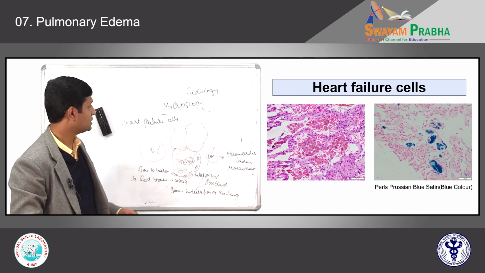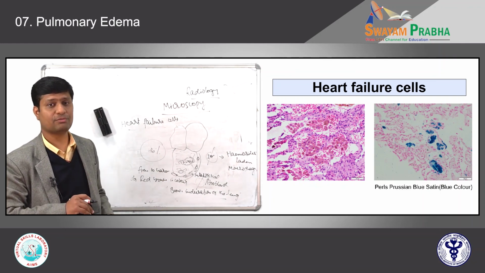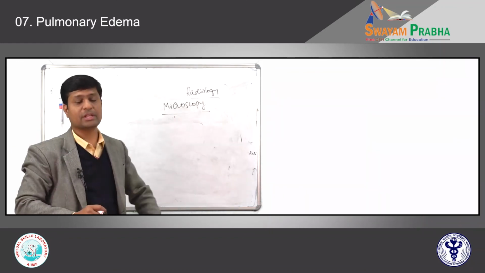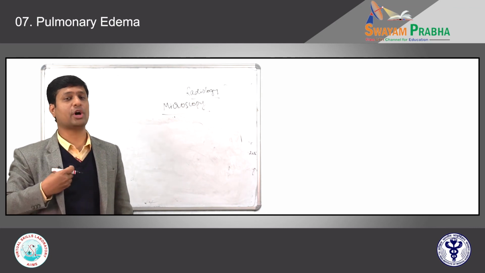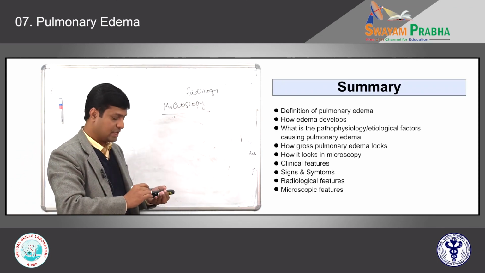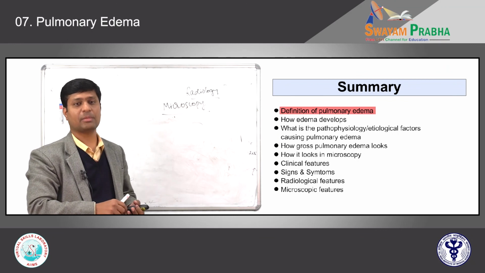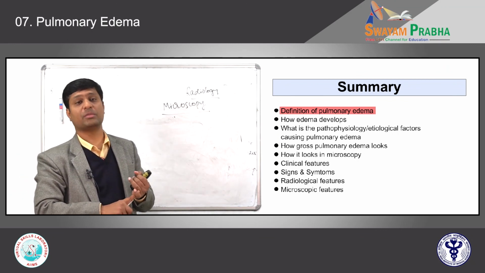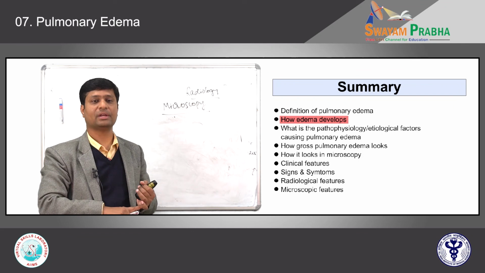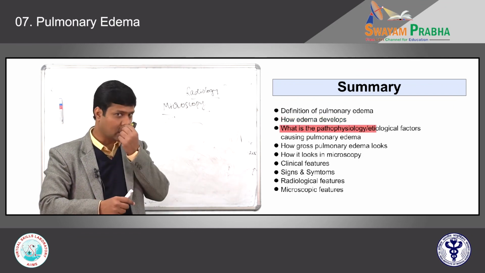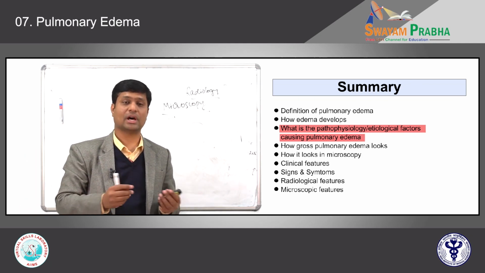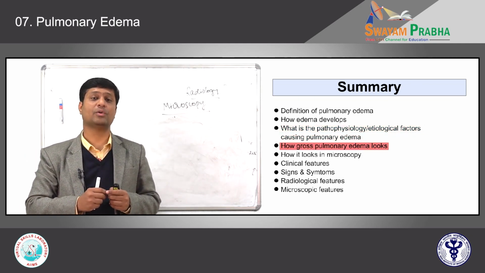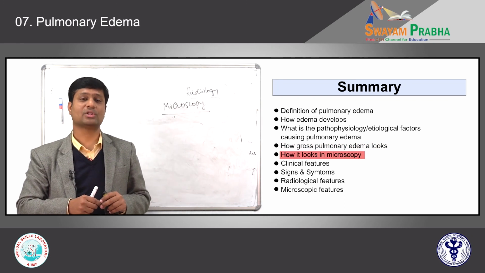Understood? So this is the typical microscopic feature of pulmonary edema. This is all about pulmonary edema in today's class. I'll just highlight a few important points. Today we spoke about the definition of pulmonary edema, and how the edema develops in the pulmonary alveoli, and the pathophysiological or etiological factors which cause pulmonary edema. We saw how the gross pulmonary edema lung looks, how it looks under microscopy, what the clinical features are,